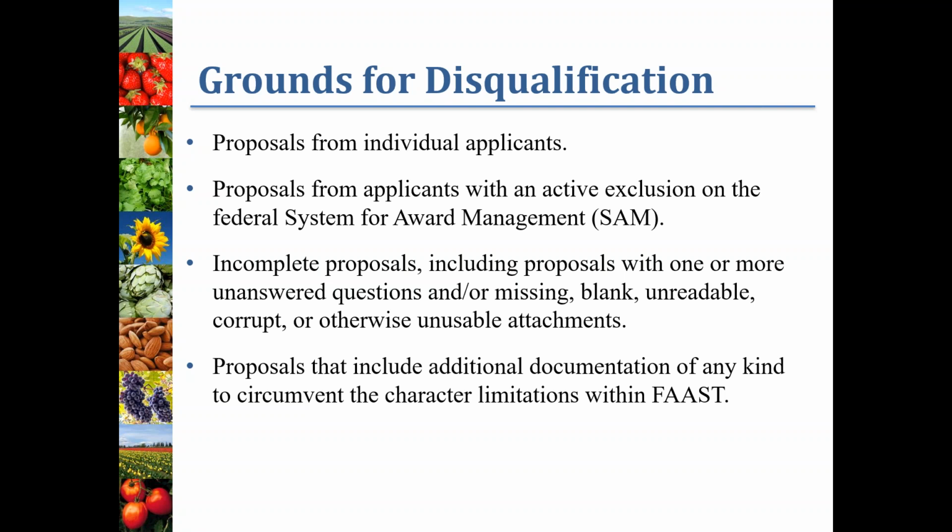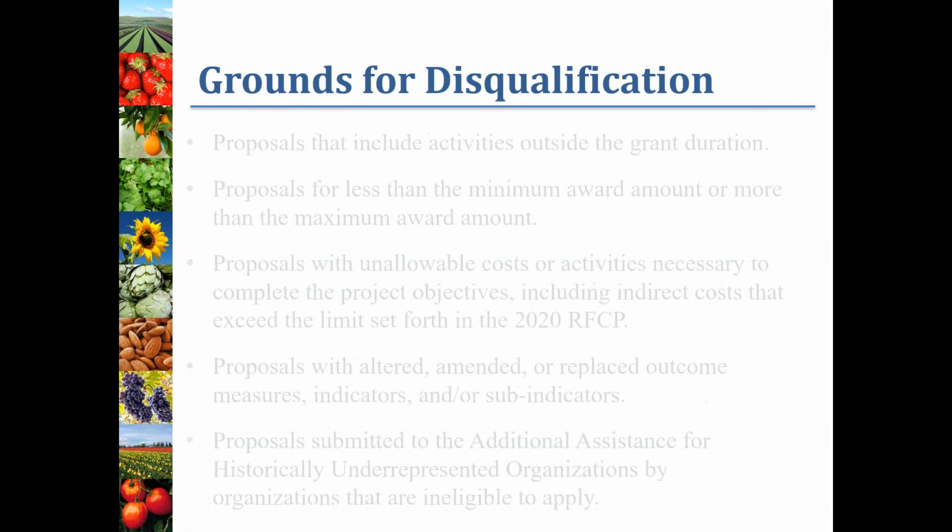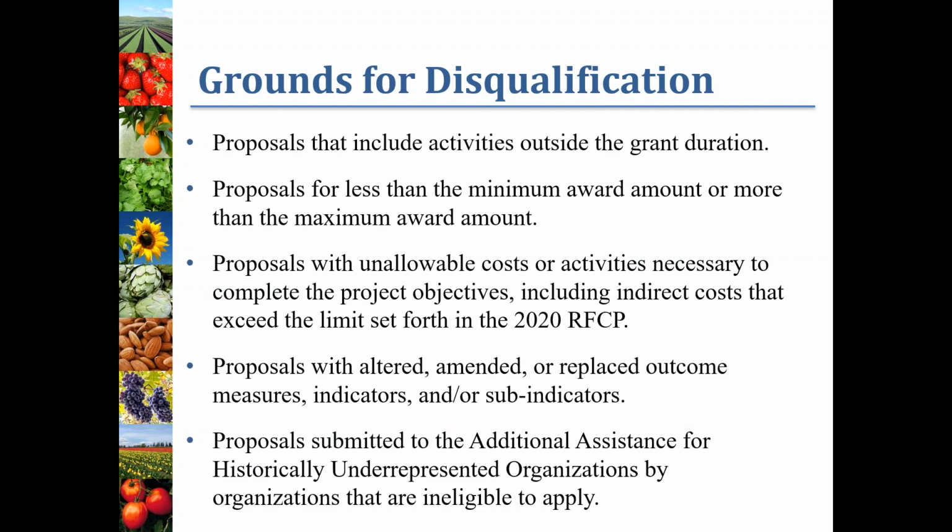Proposals from individual applicants, proposals from applicants with an active exclusion on the Federal System for Award Management, incomplete proposals including proposals with one or more unanswered question and or missing blank, unreadable, corrupt, or otherwise unusable attachments, proposals that include additional documentation of any kind to circumvent the character limitations within FAST, proposals that include activities outside the grant duration, proposals for less than the minimum award amount or more than the maximum award amount,